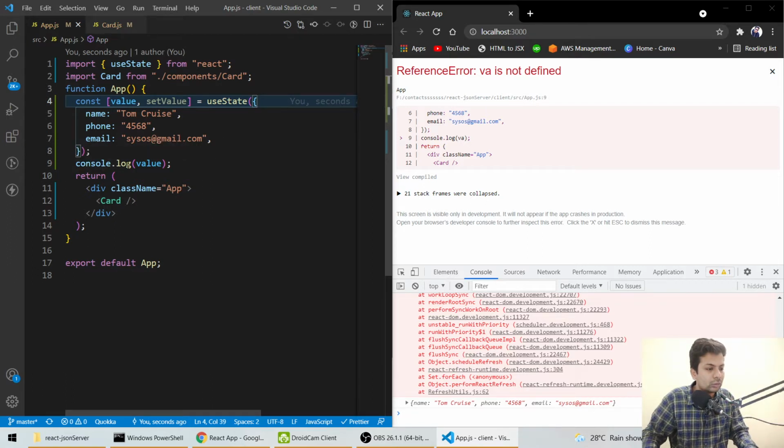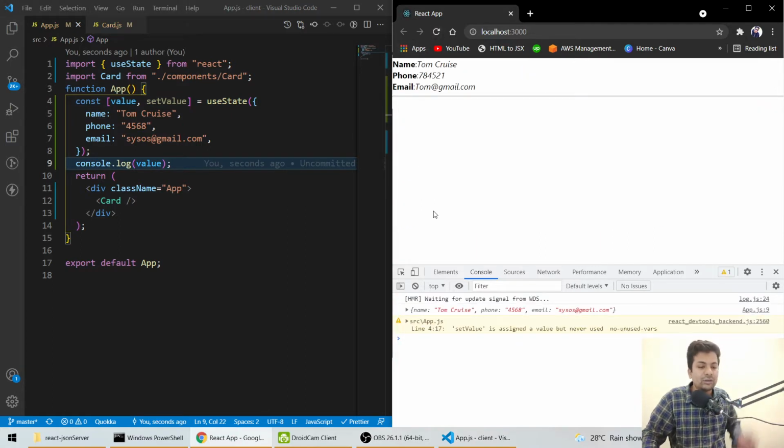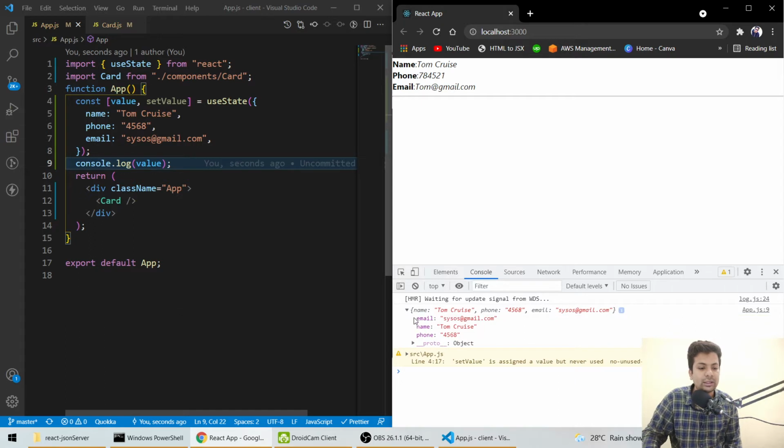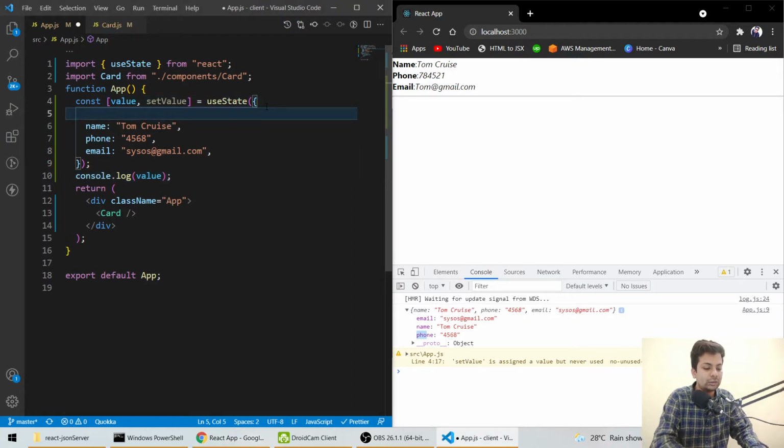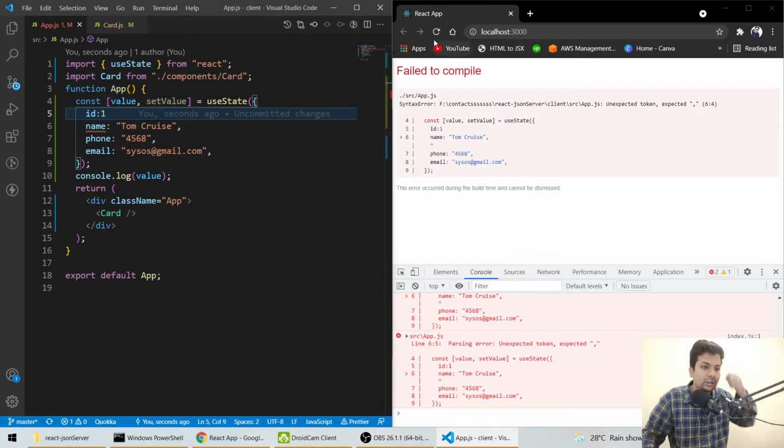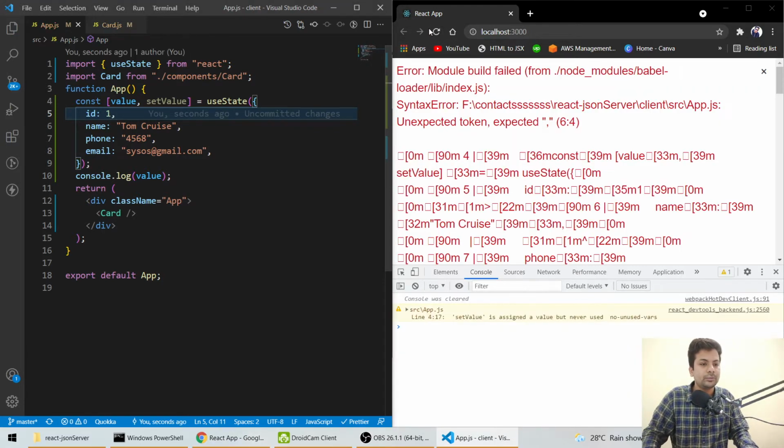Why is it showing an error? Yeah, because I haven't reloaded, so this is our value. See, we have email, name, phone. We should have one thing as id also, id 1. Okay, reload this. Oh, I just forgot a comma.